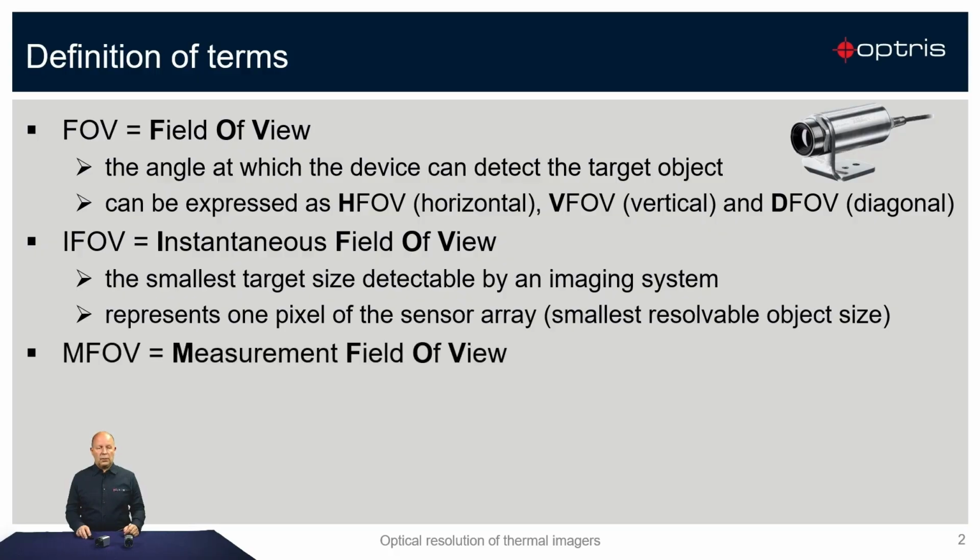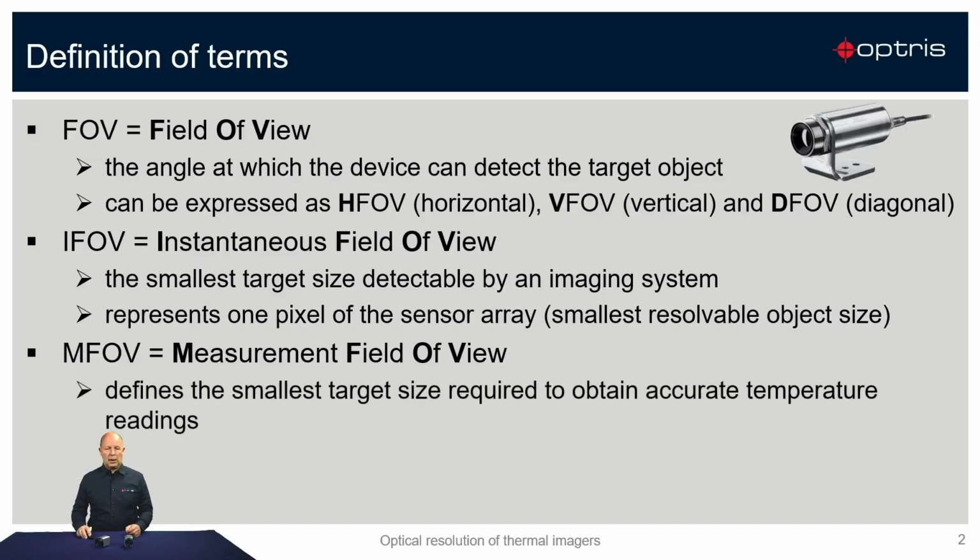And then we have also in our literature, in our data sheets, on our website you find MFOV. This stands for measurement field of view. The measurement field of view defines the smallest target size required to obtain accurate temperature readings. So very important, instantaneous field of view is the single pixel, the smallest resolvable object size, and if it comes to temperature measurement, to accurate temperature measurement, then we need measurement field of view,